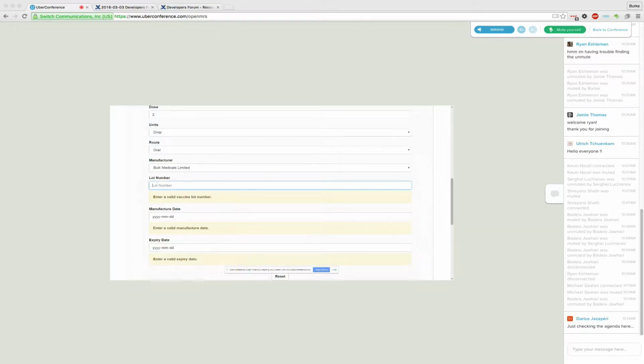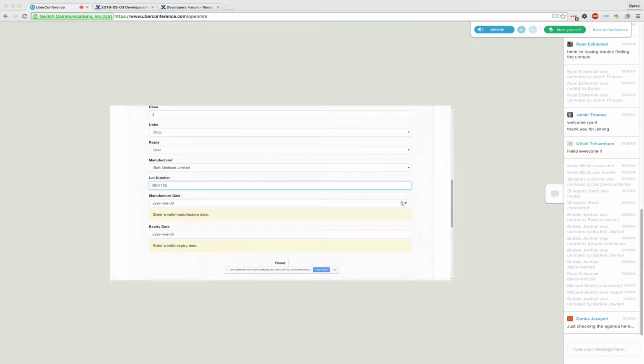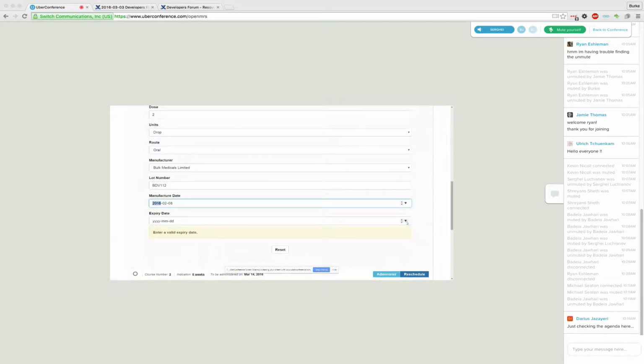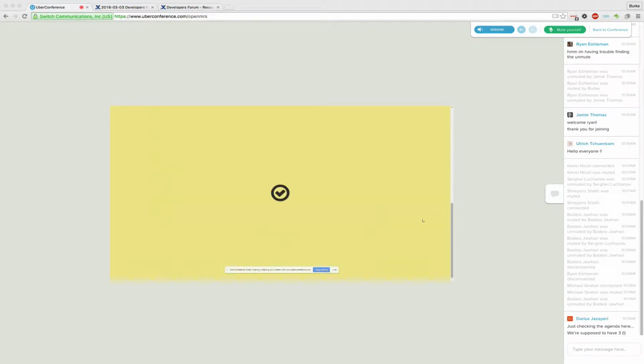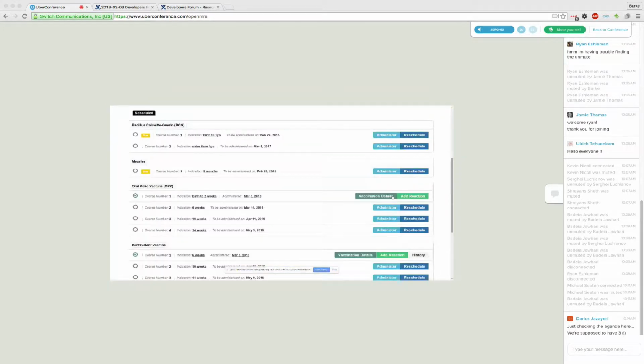So I'm just going to create a lot number. Set the manufacture date to sometime in the past and the expiry date in the future. And we can go ahead and administer it. So I just get a notification. If there were an error, you would see a different indicator there within the description. Even though I've administered it and you can see that this is now with a check mark,